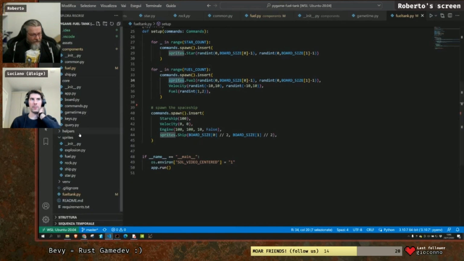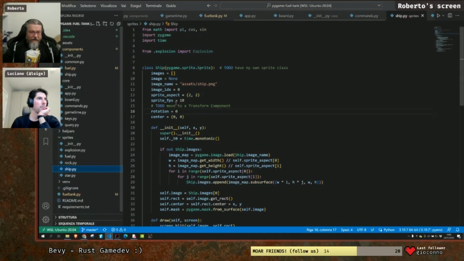This one is my sprites that are here in this folder called sprites. Inside this one, there is a class that is still using the Pygame sprite. And here I have to have my own sprite class because I have stuff in common between all the sprites, at the moment I copy and pasted. So one of my to-do is to